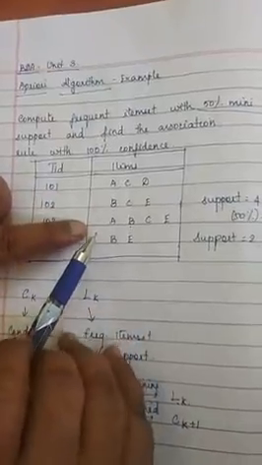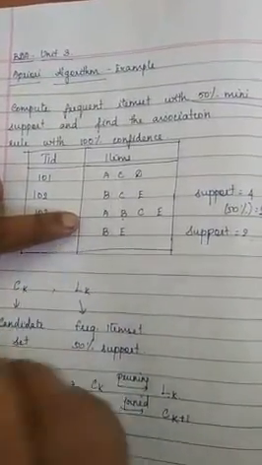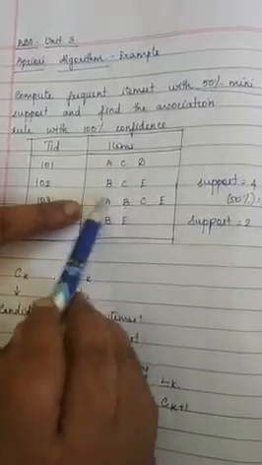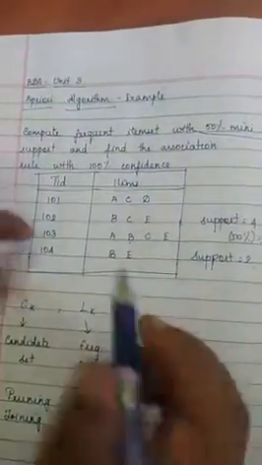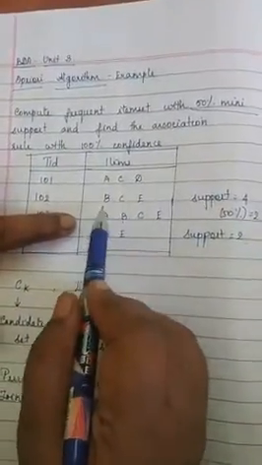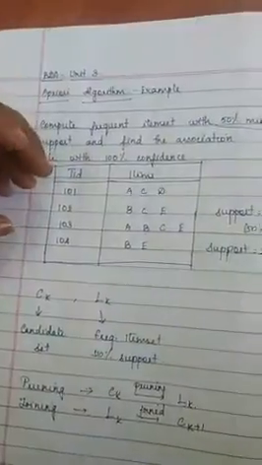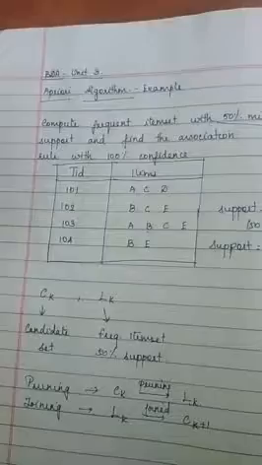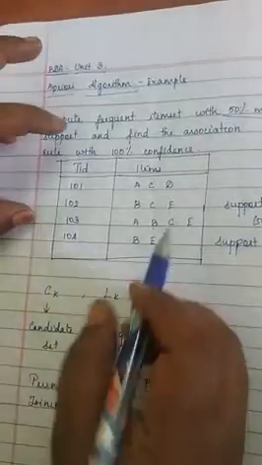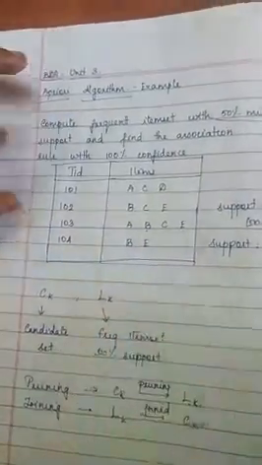Now we have to find the support for 4 item sets. ABC. First we will find for ABC. So in our given transaction, you should see the occurrence of ABC together in a transaction. So ABC, we have only 1 here. So ABC is 1. Next ABE. Again it is only 1 here. Then BCE. BCE, we have 2 transactions. So 2. And ACE, again we have only 1.